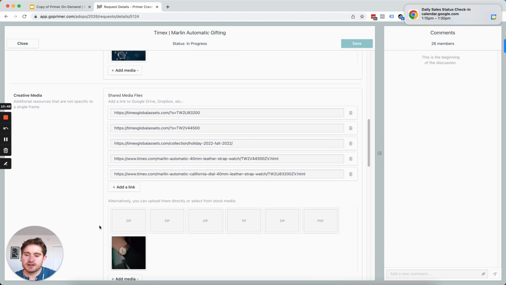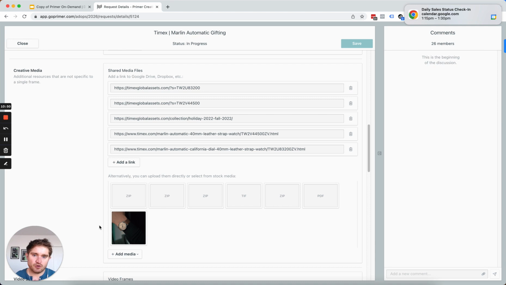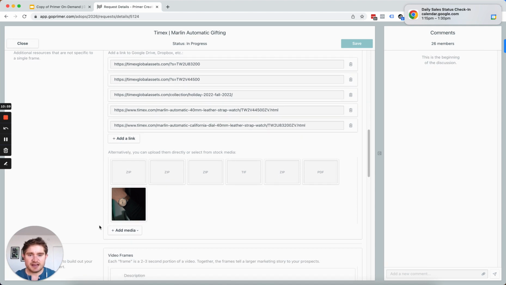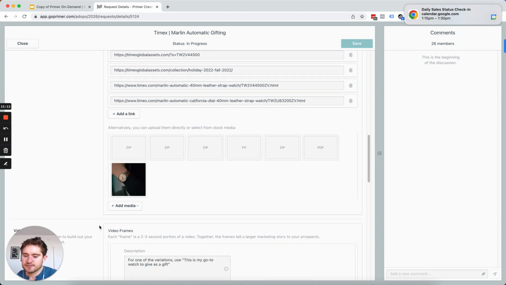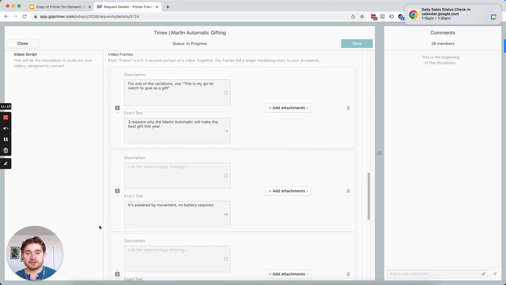Then you've got creative media. So any base footage or photography that you want to be used in this creative, you add that here. And you don't have to tell us exactly to use this at this exact time or use this exact kind of creative. Just upload some different options, and then that creative direction can be done by the Primer growth marketing design experts. Then you've got the video script, and so if you were on the copywriting plan, so that second tier plan up,